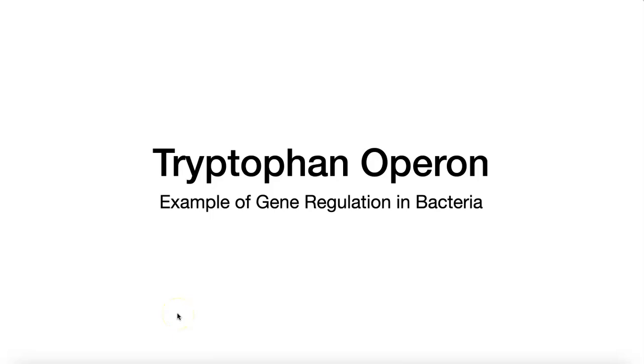This video is going to describe the tryptophan operon, also called the Trp operon. It's another example of gene regulation in bacteria. There's an additional video about the lactose operon, so this is going to start in a very similar way, but the example we're going to use is about